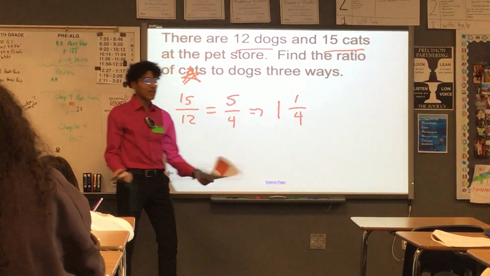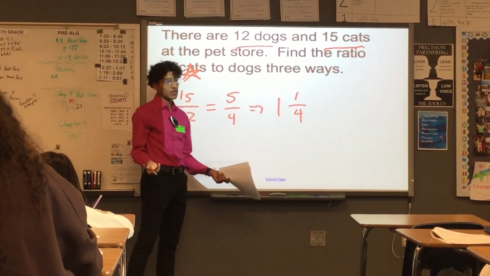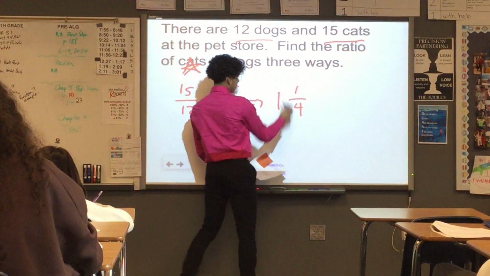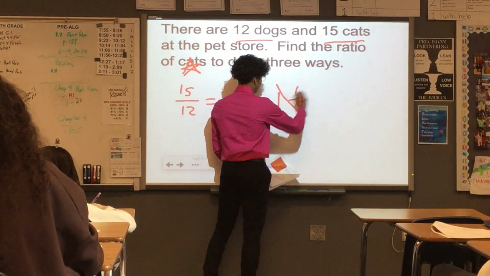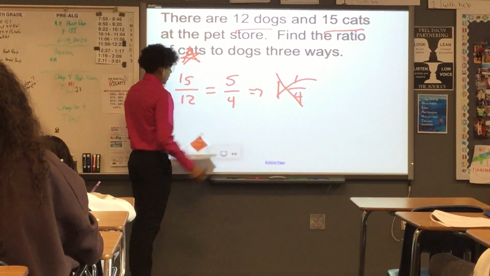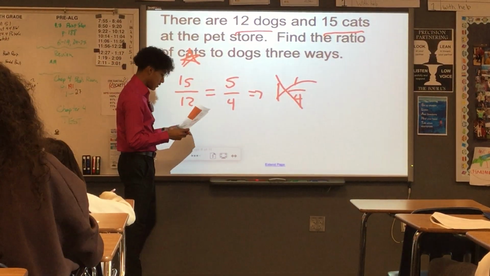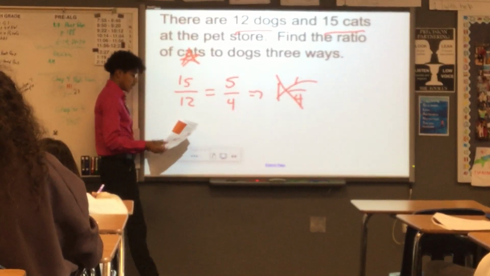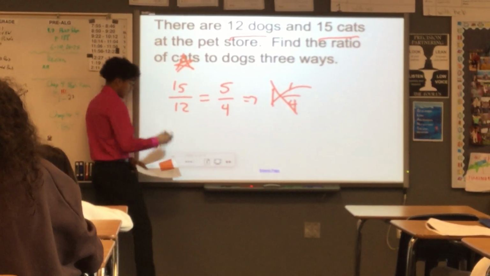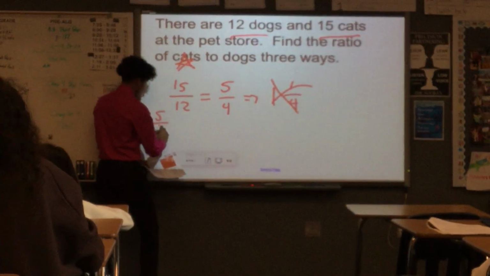But remember how I said that ratios consist of two numbers? We don't want to write it like this because this is 3 numbers, right? So we don't want that. But what we do want is to write it in simplest form always, okay? So like I said earlier, ratios consist of two numbers. So you want to leave it as 5/4,